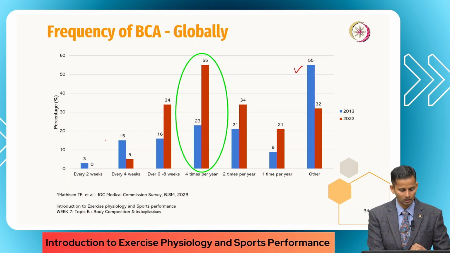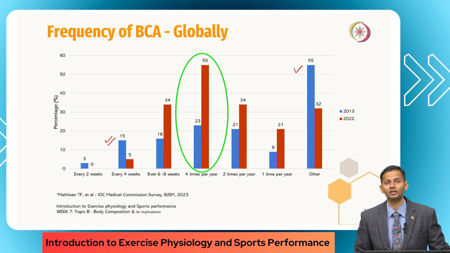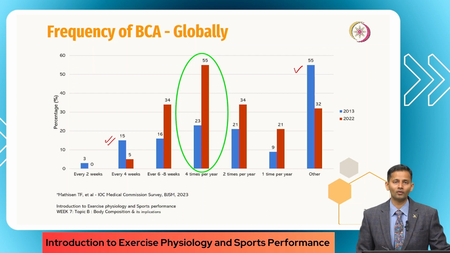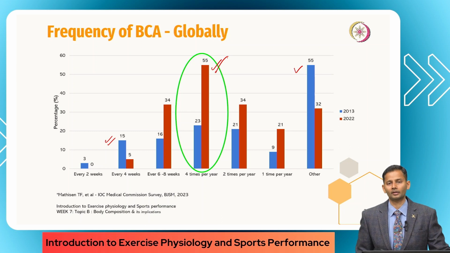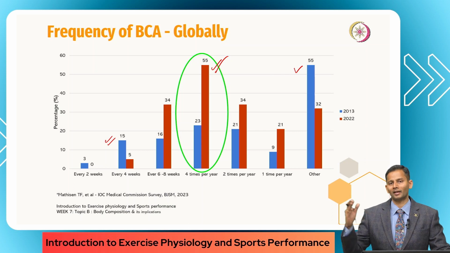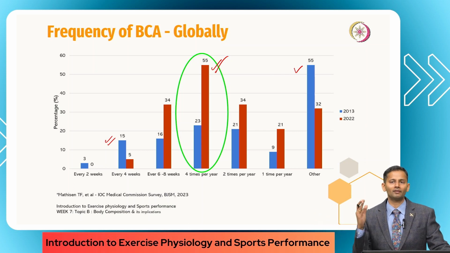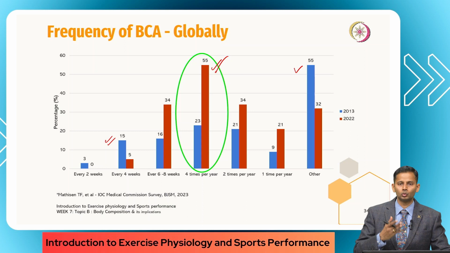Some were even saying every 4 weeks it needs to be done. So over 10 years, the opinion has shifted, wherein predominantly now people are recommending 4 times per year, that is at least a quarterly assessment, so that you have a body composition assessment every quarter as per the planned macro cycle. So if you have an annual macro cycle, you can do the body composition just before